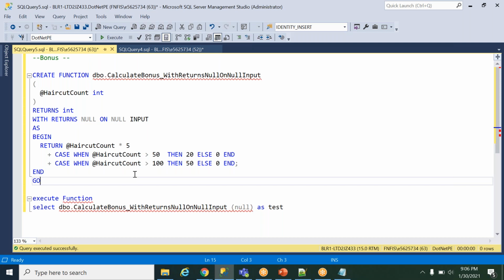If I don't have this line here, it will go ahead and return this value. It will always execute this one. But if I put this line, RETURNS NULL ON NULL INPUT, it will not execute anything.